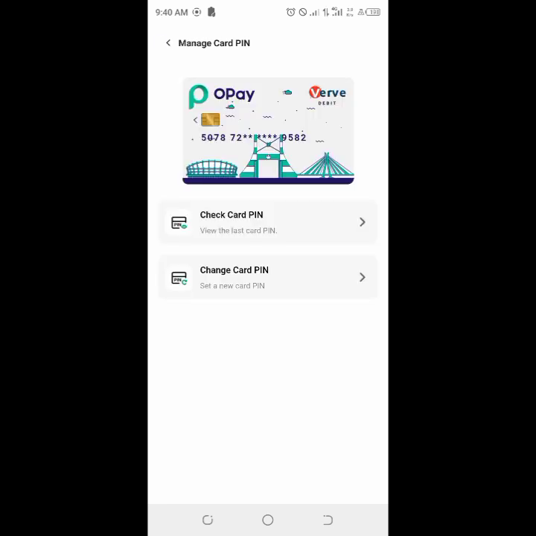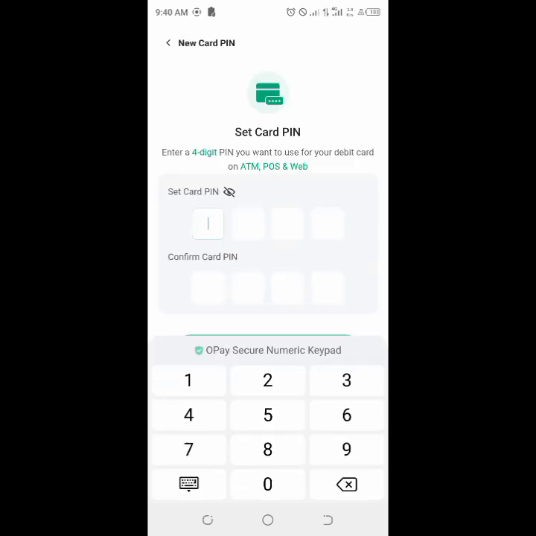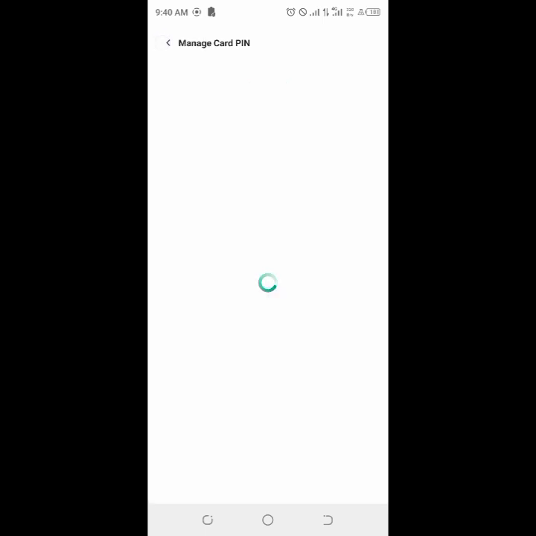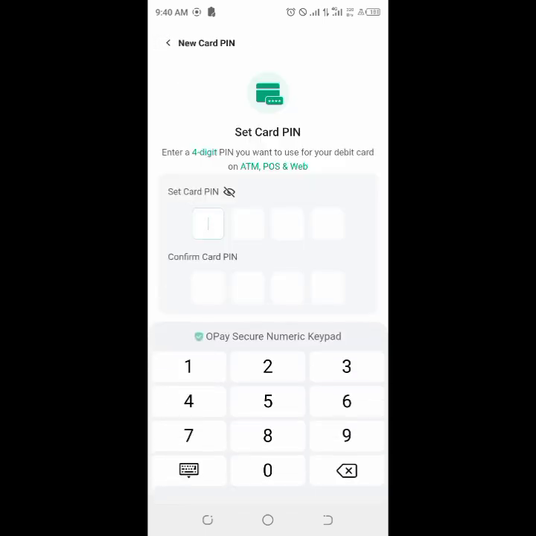Now this one is change card pin. Go to change card pin. When you go to change card pin, they are asking me to enter the set card pin. So here you enter the 4-digit pin you want to use for your card pin or ATM. Now you enter it. Mind you, just like I clicked on change card pin and they brought this out for me to enter the new pin,